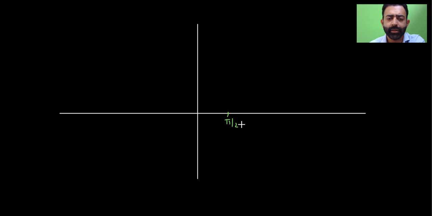This is my y-axis, suppose this is your x-axis, and the basic angles that we take are, let us say, 0 degrees, and here we have pi by 2, meaning 90 degrees, this is 180 degrees, this is 270 degrees, and lastly we have 2 pi, which is 360 degrees. This is your positive x-axis, this is your y-axis, this is minus y-axis. Now as we know that cosec theta, in short I am writing this as